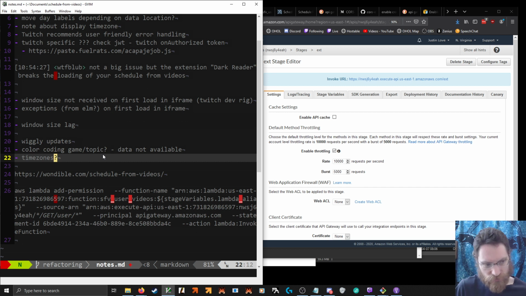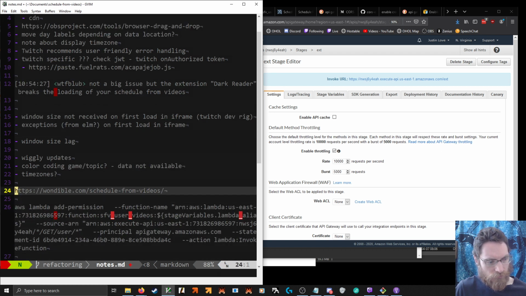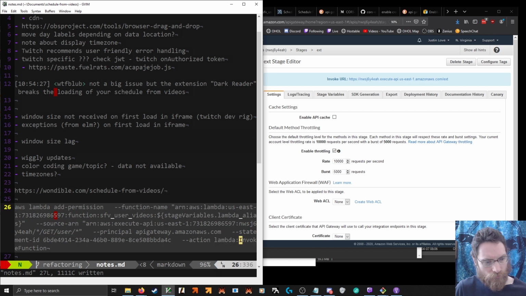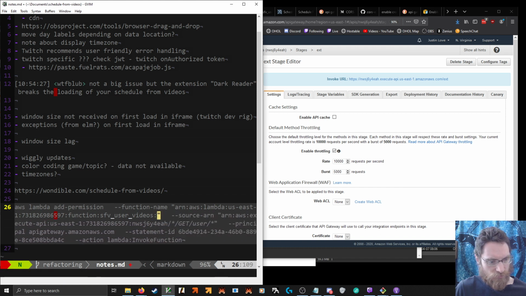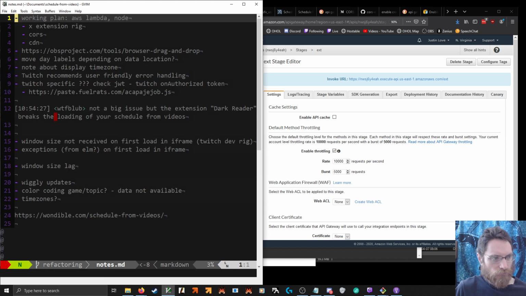So if I switch this over, how do we properly indicate this? So in theory, we've got that set up, but slightly tested.